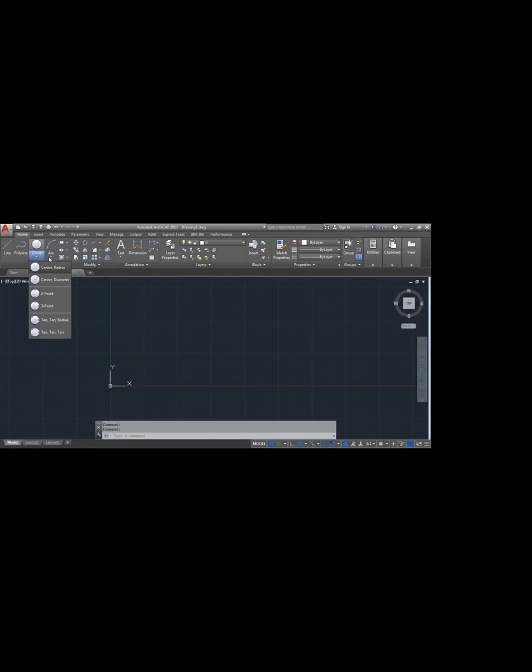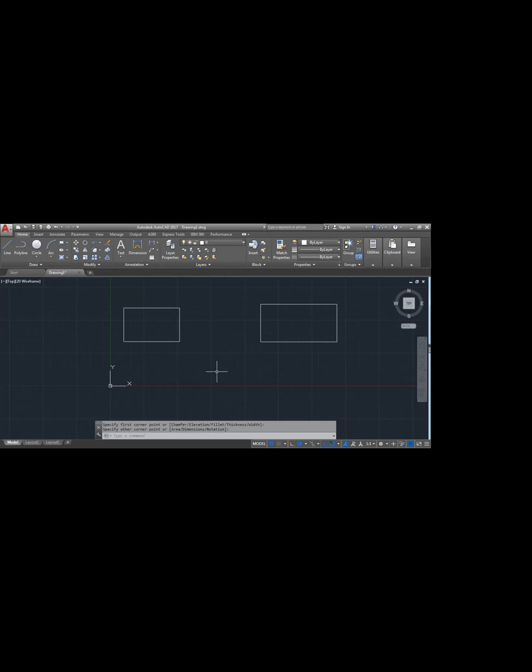Before doing arc, we need a sample for arc. Let us take a rectangle. Whenever you are using a tool, it is not required to use shortcuts or select it always. The last tool I have chosen is rectangle.